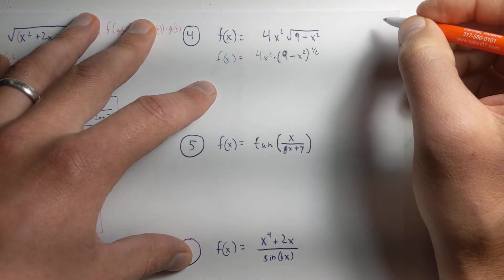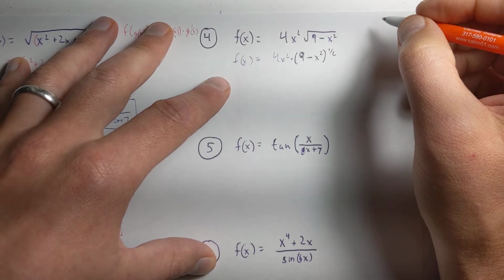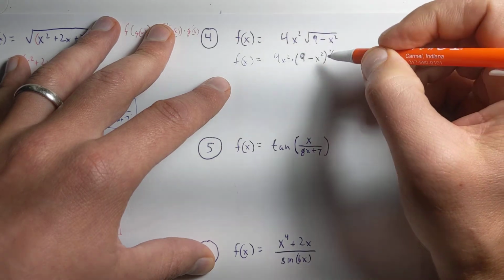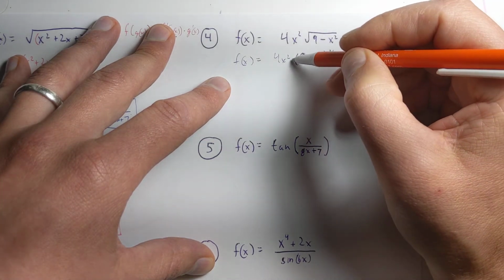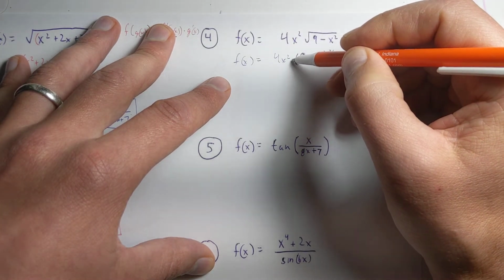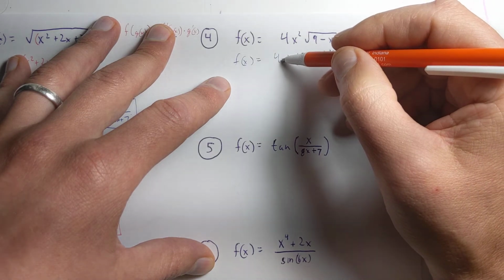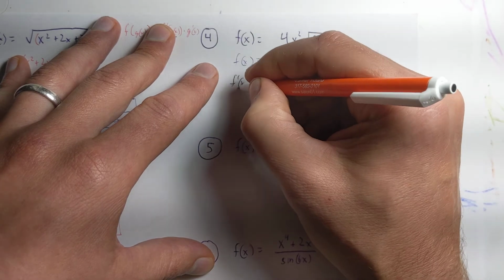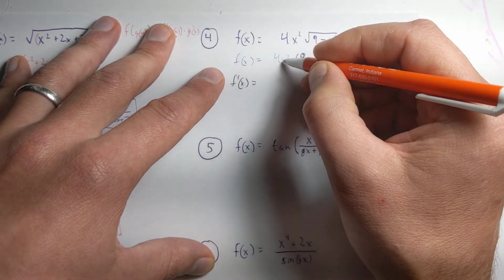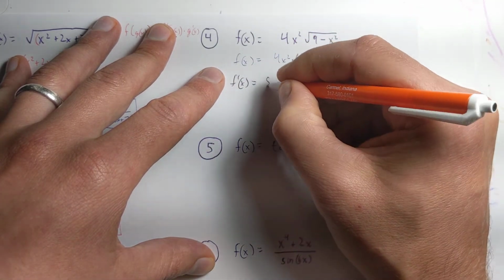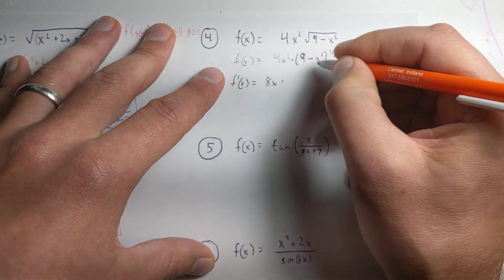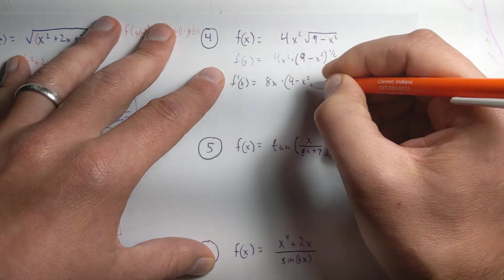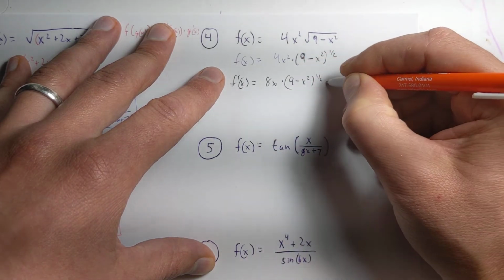Okay, so you may be asking yourself, Mr. Kuhn, when do I do the chain rule? Do I do it first? Well, you don't have to do it first, because right now I'm just going to start deriving this. I've got to take the derivative of this function right now. So f prime of x, derivative of the first, derivative of 4x squared would be 8x. I leave the second function alone. 9 minus x squared all to the 1/2 times,